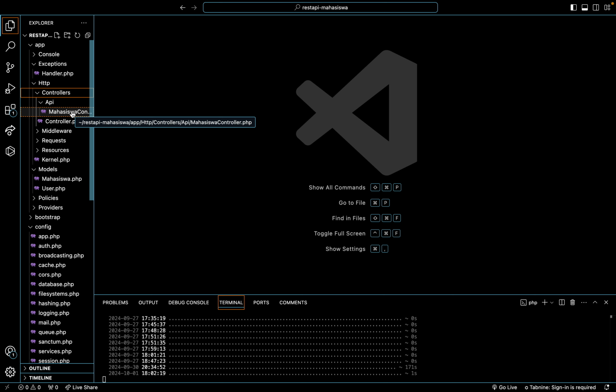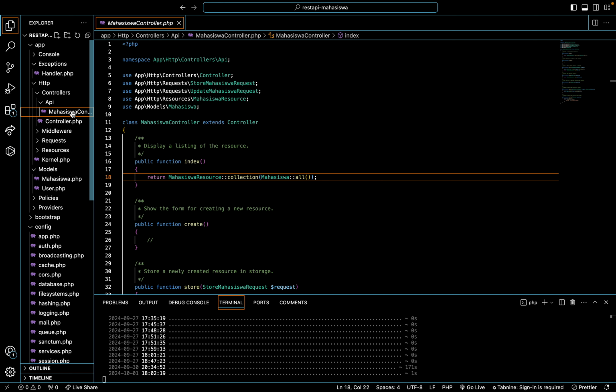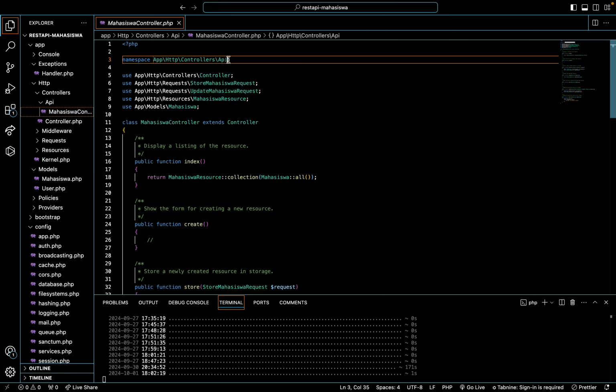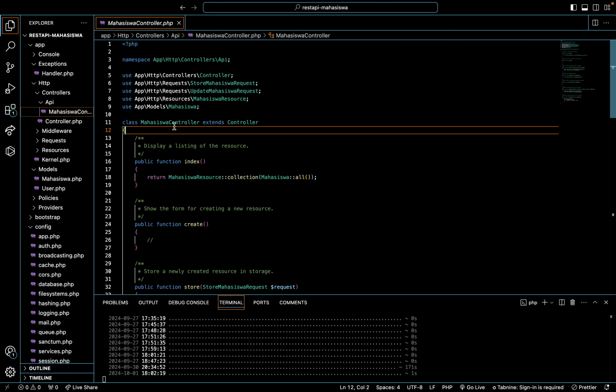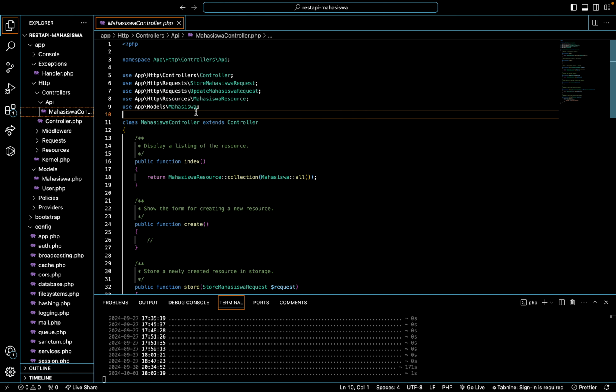I entered the API folders, I entered the mahasiswa controllers into API. Then we will see this, and we will edit this, before it was not API.